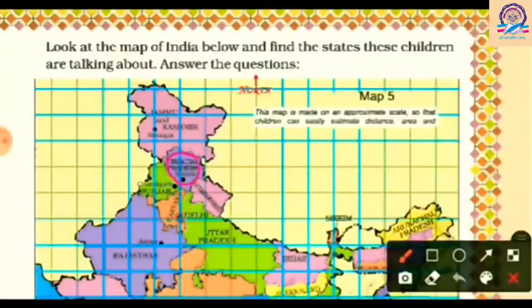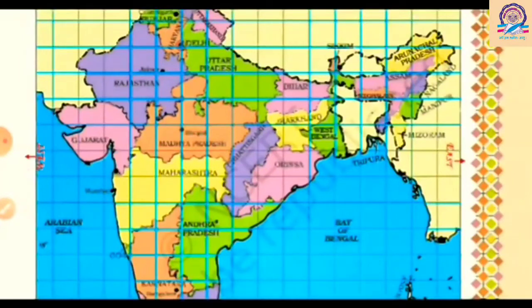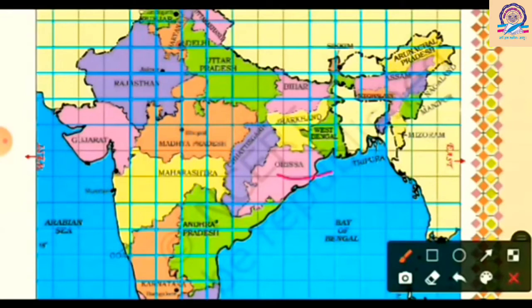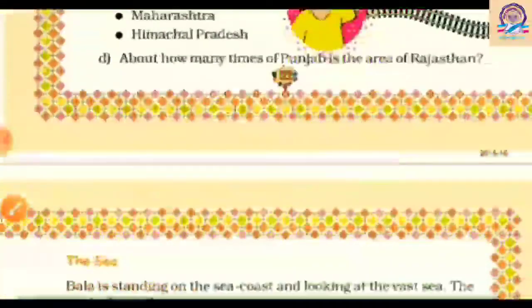So here, as you can see, Arunachal Pradesh has a state on the north, on the west, on the south as well as on the east, that is Jammu Kashmir, Punjab, Haryana and Uttarakhand. Okay, there are many states which satisfy this condition, that is, states surrounded by all 4 states. So here, as you can see, Odisha has West Bengal on the east, Jharkhand, Chhattisgarh, and on the south side it has Andhra Pradesh. Okay, so there are many states like this.